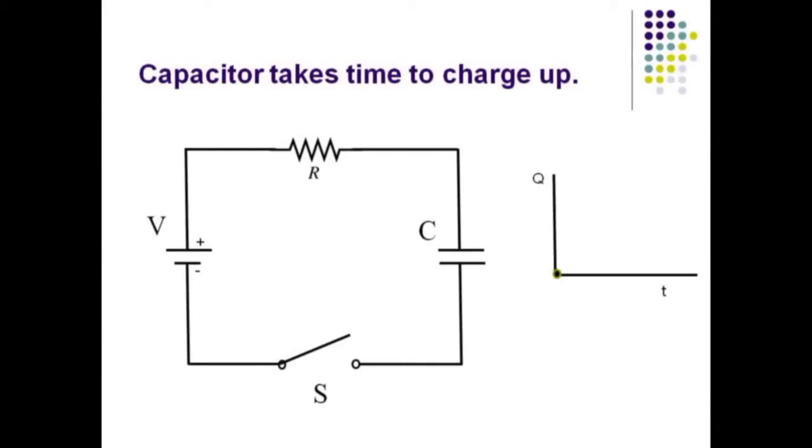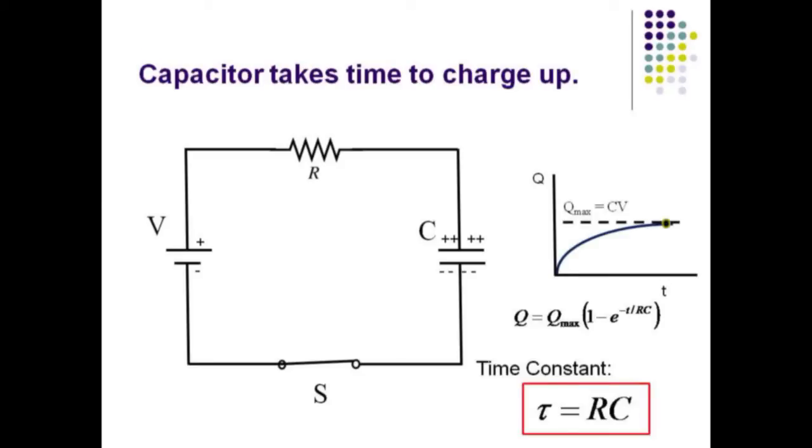When a capacitor is connected to a voltage source through a resistor, it does not charge up instantaneously. Here the capacitor is ready to begin charging as soon as the switch S is closed. Upon closing the switch, the capacitor charges rapidly at first, then eventually approaches its carrying capacity, Q equals C times V. The function that describes the growth of charge as a function of time is called an inverse exponential. Q equals Q max times 1 minus e to the minus t over RC, where e is the base of